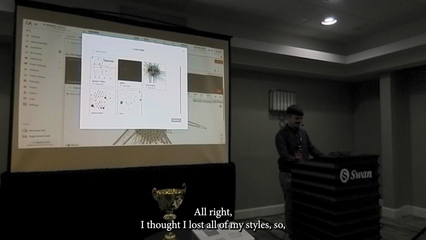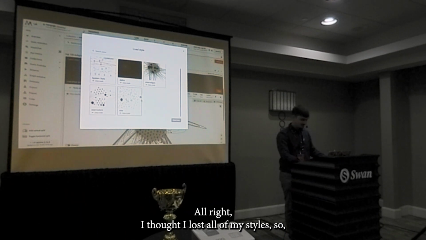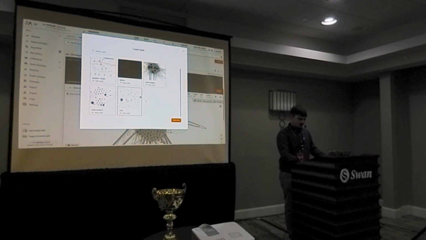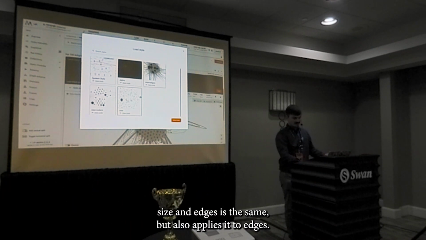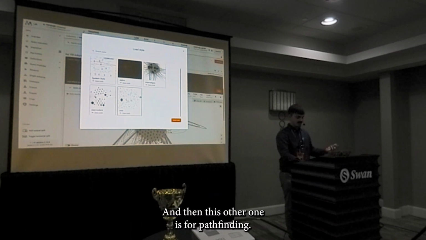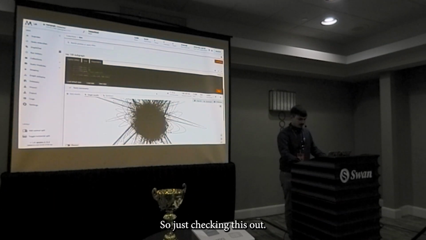Okay, all right. I thought I lost all of my styles. So there's a couple different ones. Size is just sizes of nodes based on either capacity or betweenness. Size and edges is the same, but also applies it to edges. And then this other one is for pathfinding. So just checking this out,